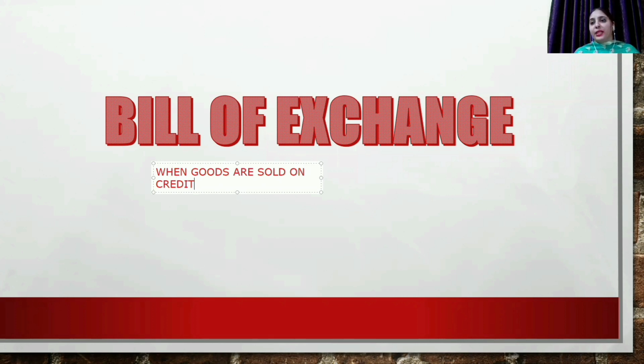Whenever a business transaction takes place in a business, it must be recorded in the books of account supported by evidence. So this bill of exchange is evidence that a business transaction, that is sale of goods on credit, has taken place. In layman language, this bill is evidence that goods are being sold by the seller to the buyer on credit basis.